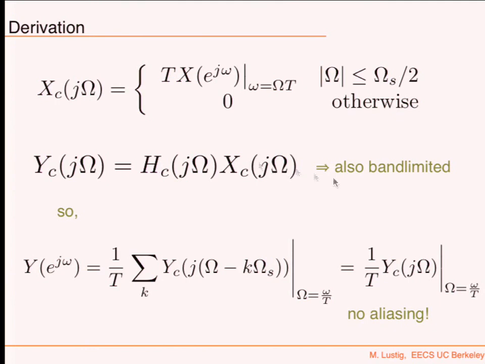Let me argue that it's band limited no matter what the frequency response is. No matter what it is, it's still band limited. So give me a non-band limited frequency response. I don't care. The product is always band limited because this guy is band limited. That's why aliasing is not going to be an issue. Okay? So this is always band limited. Great? So in fact, if you think about the effect, this is only going to affect this where it's within the bandwidth. Okay? So I can design many continuous time systems that will do exactly the same thing,